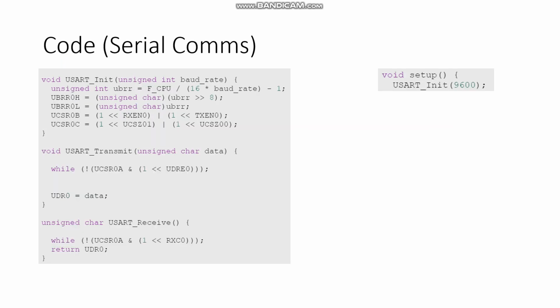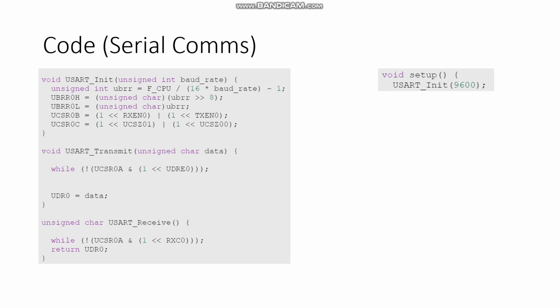Now, let's go to serial communications. I'll also go through this briefly. So, USART initialize is used to initialize the USART peripheral, and lines 3 and 4 are used to set the baud rate, and line 5 is used to enable the receiver and transmitter, followed by line 6, which is used to set